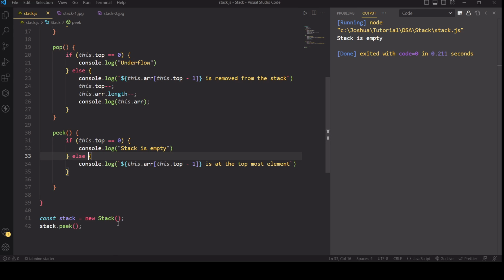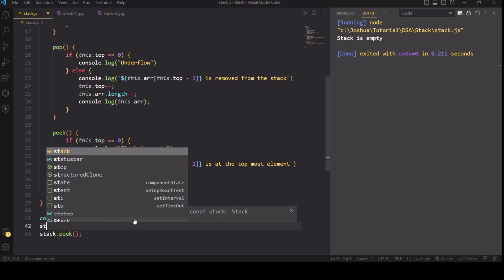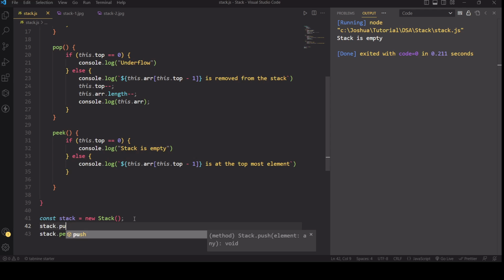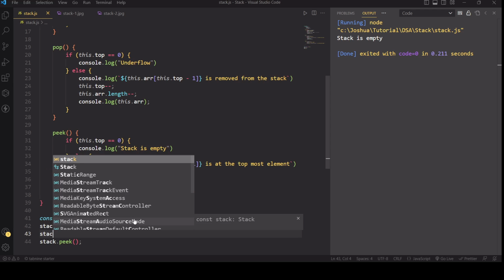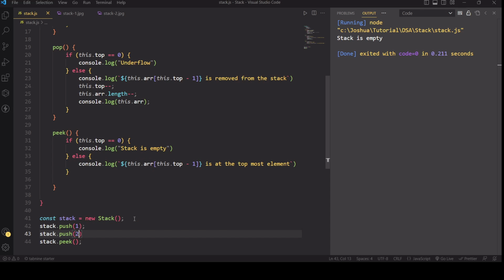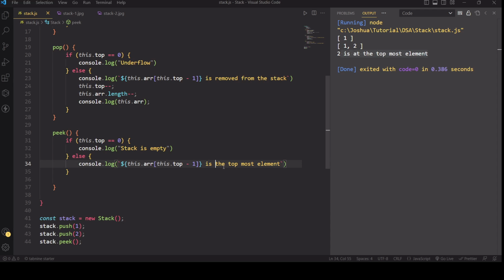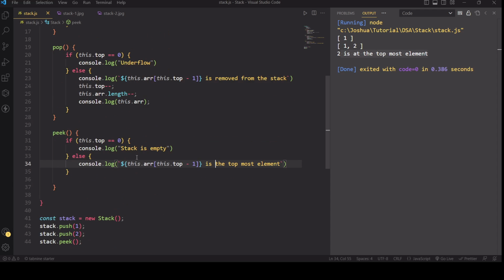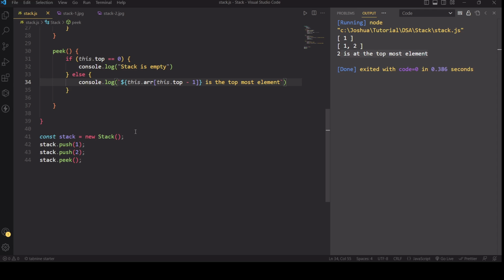Stack is empty. So I'll insert some elements and perform stack.peek. Stack.push 1, stack.push 2. So now stack.peek must return 2. Yeah, 2 is the topmost element. So these are the different operations of stack: push, pop, peek,